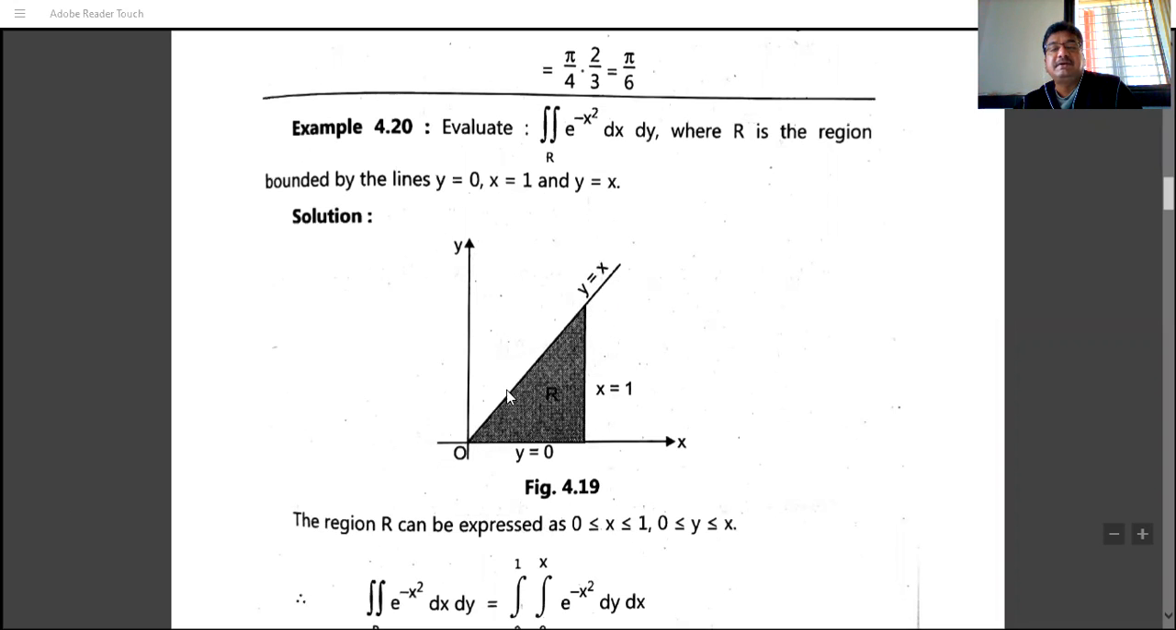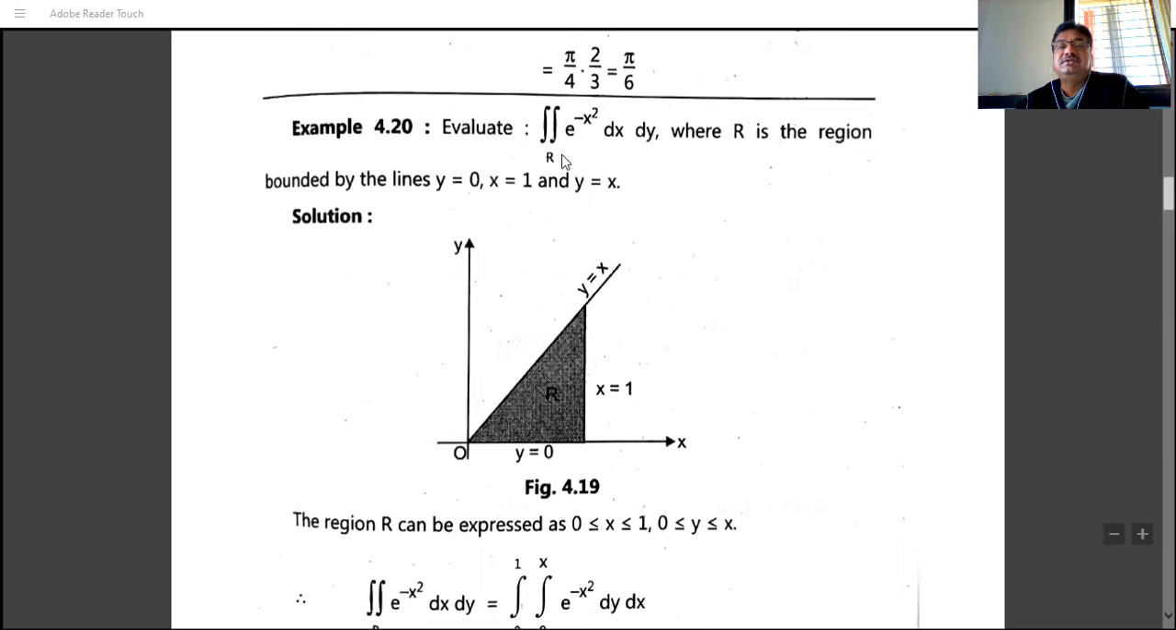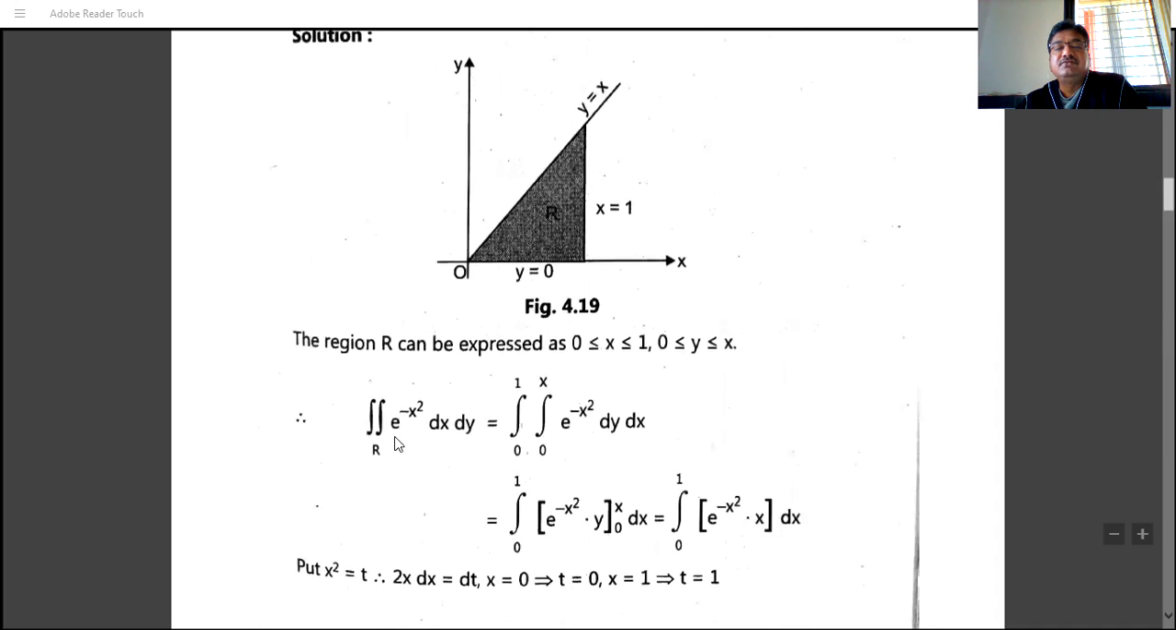in two equal parts, or makes an angle of 45 degrees with the x-axis and y-axis. This y equal to x line divides this quadrant in two equal parts, and this is the area bounded. This shaded portion is the area bounded by these three lines, and we have to integrate e raised to minus x square over this region R. So double integration over R of e raised to minus x square dx dy is equal to